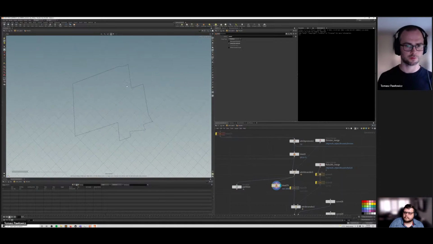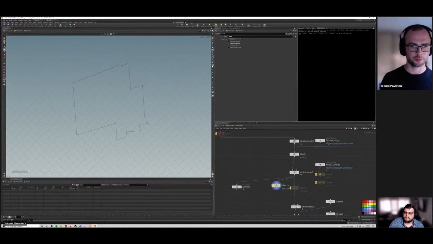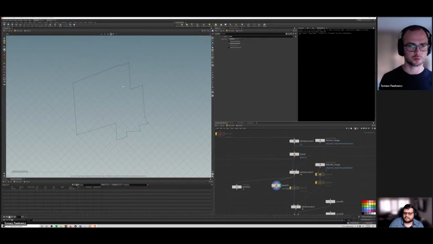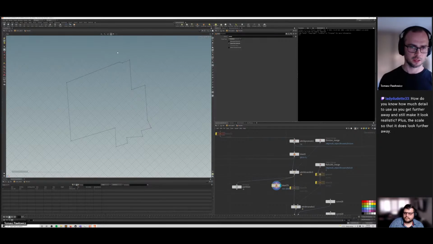Okay, so we have this shape, a very weird shape for a building, but what can we do? Maybe I will just set the point size to 10 because it's very small. Okay, so we have these points, and the roof that will be generated out of it will be very complex. So there are procedures here that even tell the generator to skip